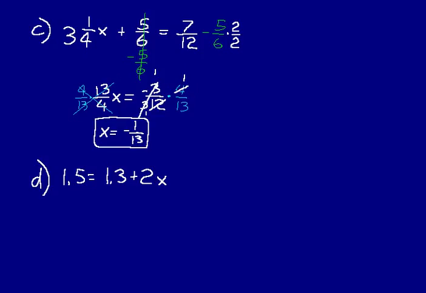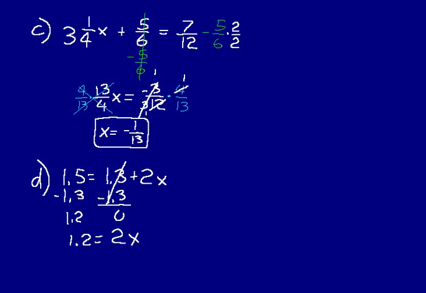So you wouldn't subtract 1.5 from both sides. You'd end up with 0 on the left side. You want to get rid of that 1.3, and that gets you one step closer to getting x by itself. It's just that x is on the right now. So subtract 1.3 from both sides. And so that cancels to 0 on the right side, and then on the left we have 1.5 minus 1.3 is 1.2. So we'll have 1.2 is equal to